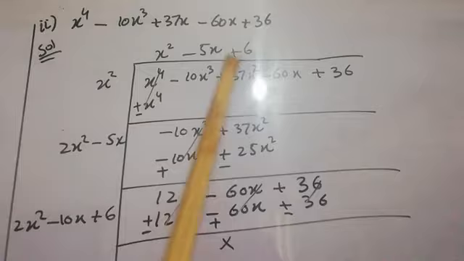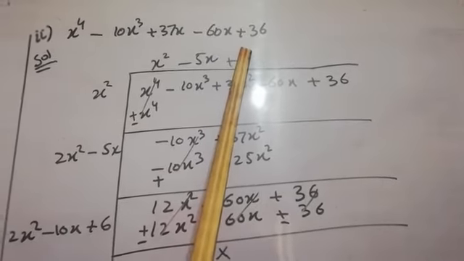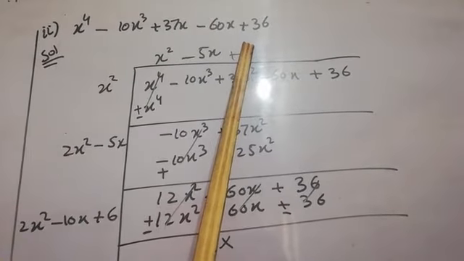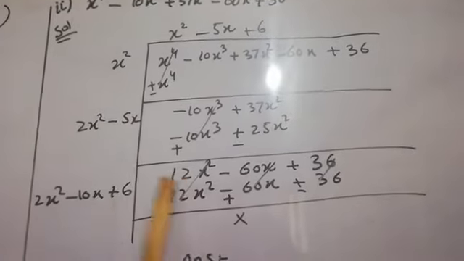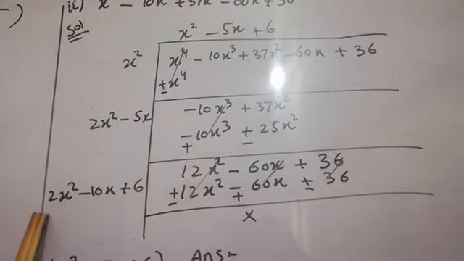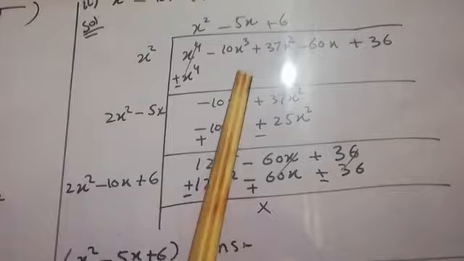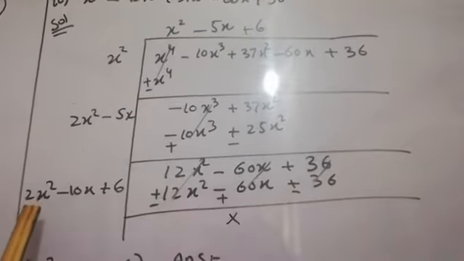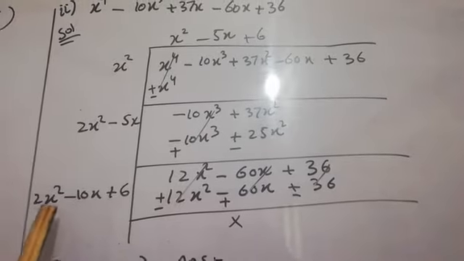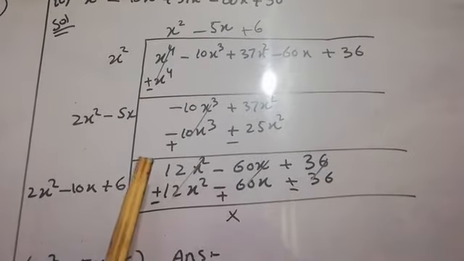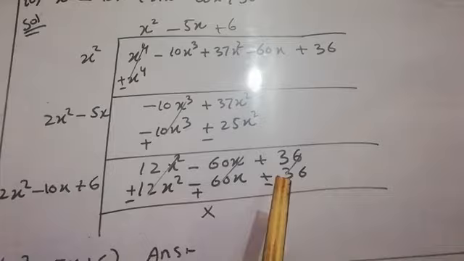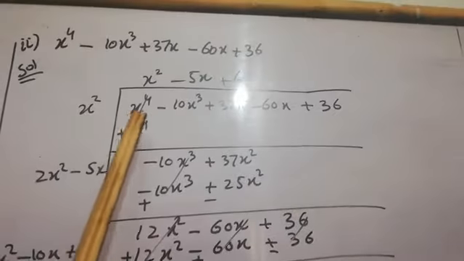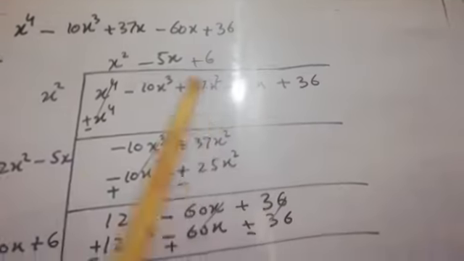And now you will double the answer of the first two values, 2x² minus 10x. And this is 2x² and the first value is 12. So we will multiply 2x² by 6. Here we write 6 also. So 2x² into 6 will be 12x², minus 6 times 60 plus 36. All values will be cancelled and the answer is x² minus 5x plus 6.